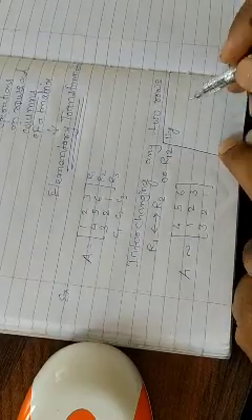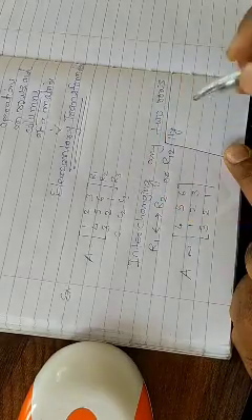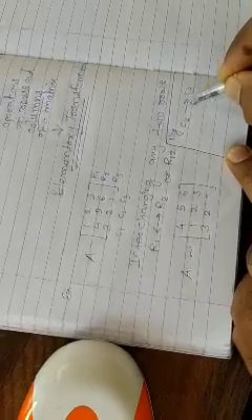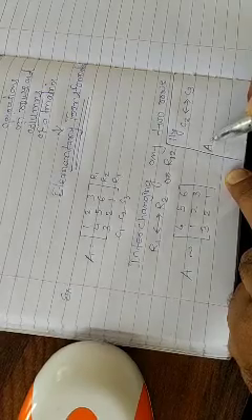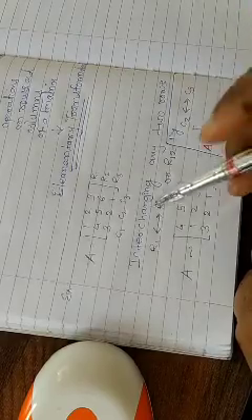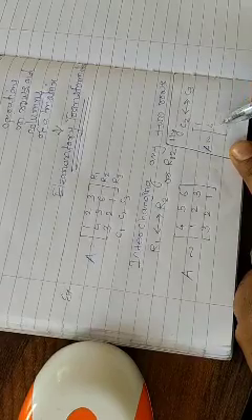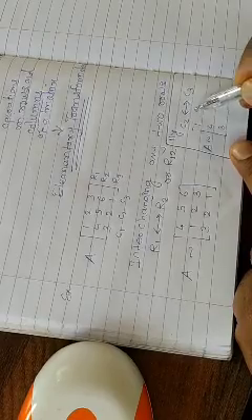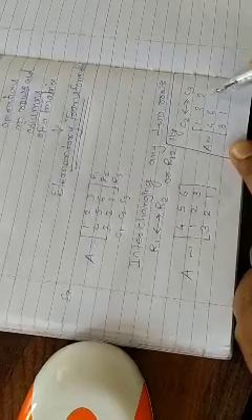interchange any two columns. So column first, second, third, first, second, third. If I want to interchange second and third column, the interchange of these two columns gives us that matrix in new form. We call it equivalent to A, but it is not A. So with the change of second and third, first column will be as it is, so 1, 4, 3 will be as it is. Column number 3 will be at second position, and second will be at first position.